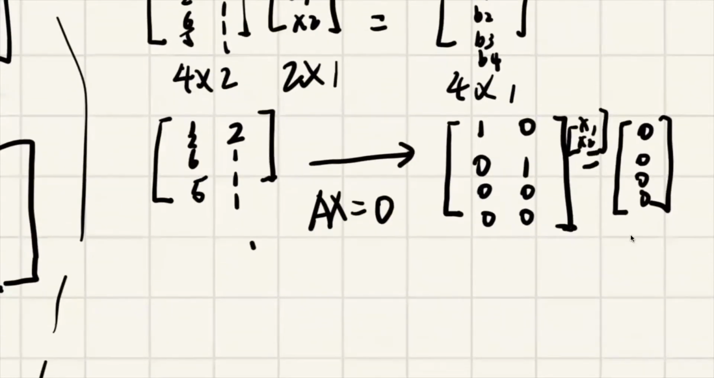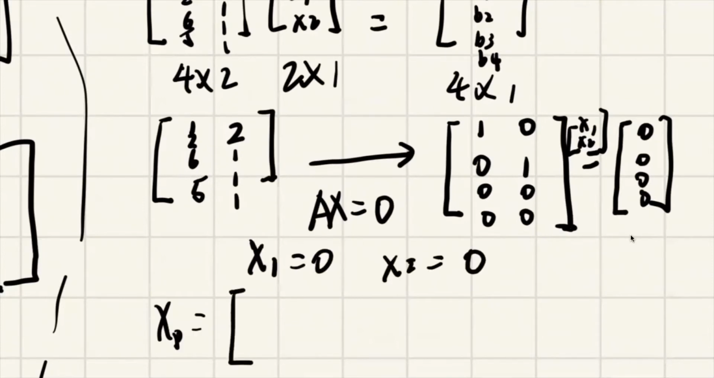And then we can find out that there's only the particular solution to it, that is x1 equals 0, x2 equals 0. So the only solution we can get is 0, 0. And if now we have Ax equals b,